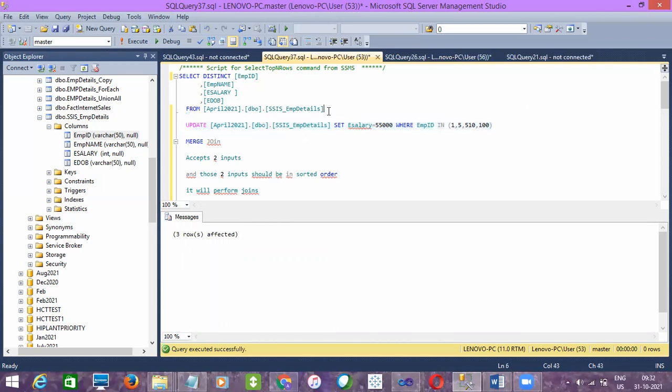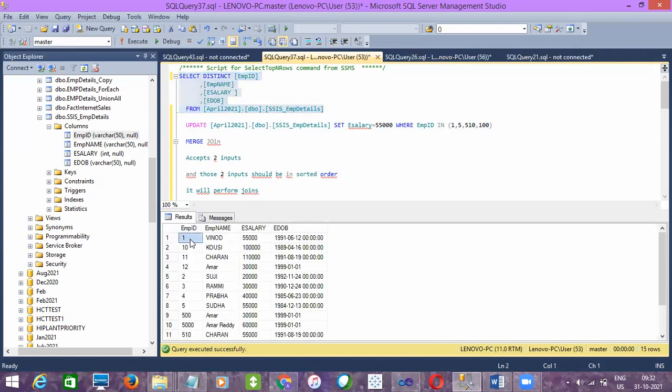Now let's check the data in the source itself. For 1, the salary is 55,000, and for 5, the salary is 55, and for 510, 55. Do we have 100 here? Maybe instead of 10, I made it 100, I guess. Let me change it to 10, where employee ID equals 10.